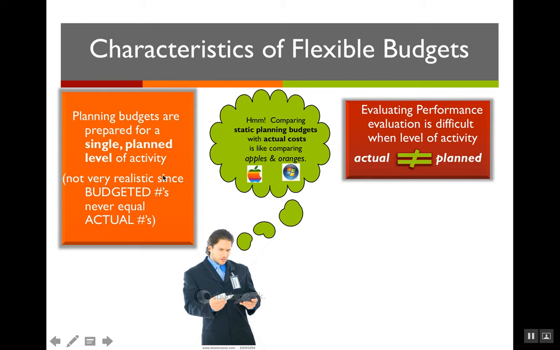So as I just mentioned, the planning budget, which is what we did in Chapter 9, is for a single level of activity. But then when the actual results come in, that's when we have problems. So that's why I say here, it's like comparing apples and oranges. If I planned to sell 500 units and I had a certain budget set out for those 500 units and I wound up selling 600 units, then some of my budget's going to be off because I sold more. Is that bad? Obviously not,